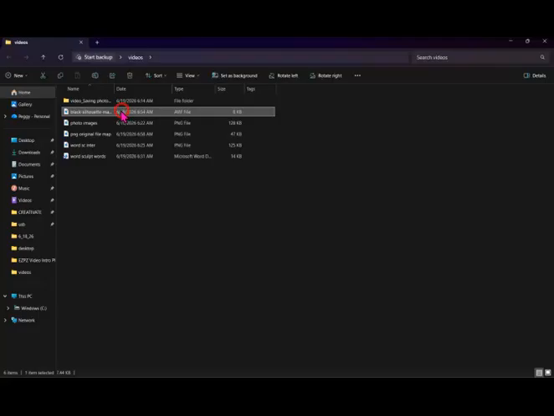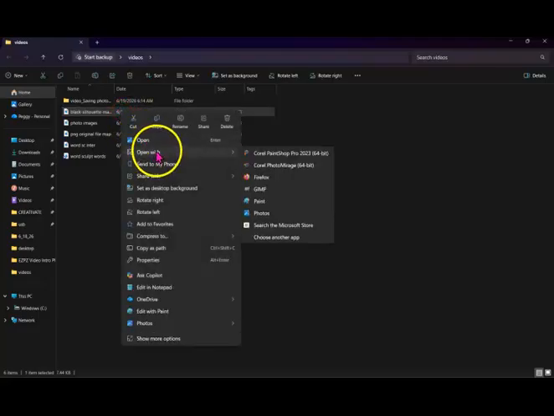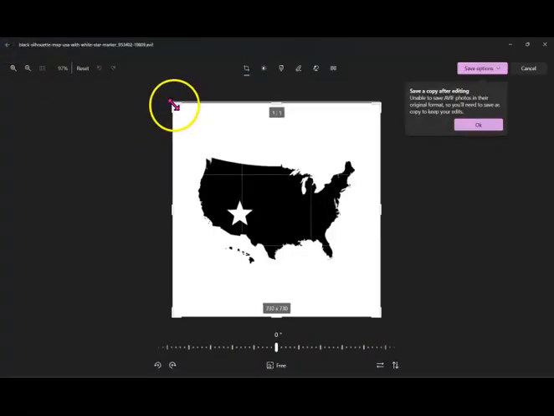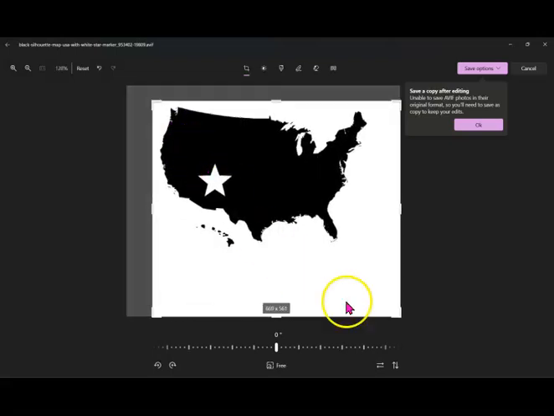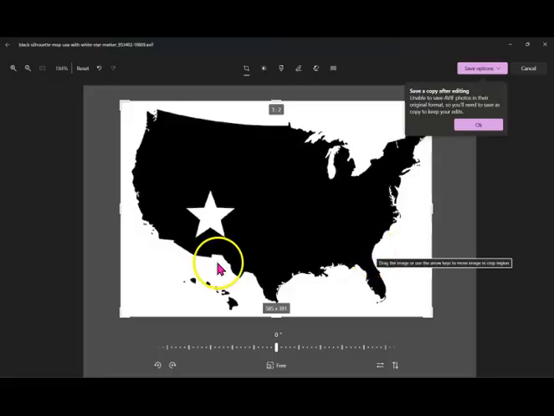highlight that file, and I'm going to right click, and I'm going to say Open With, and the photo app that comes on all Microsoft computers. I'm going to open it, and I'm going to go up here. I can edit it, so if I want to crop it, I can do that. Okay, now it's cropped,